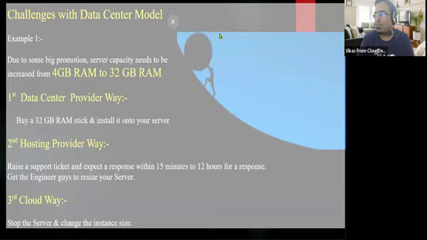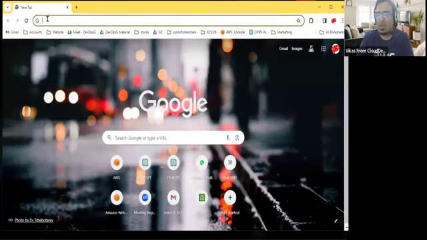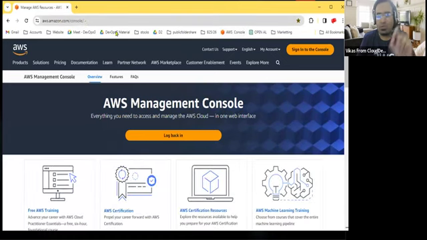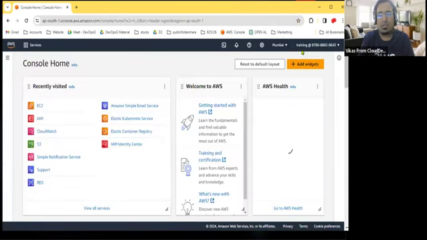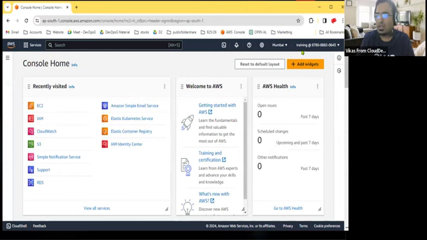I am coming to my AWS account, aws.amazon.com. You have to go to this place. I will help you create an account in tomorrow's or the day after tomorrow's class, so no need to worry. I am clicking on sign in. As soon as I click on sign in, I will land in the data center. I am going into the Mumbai data center.